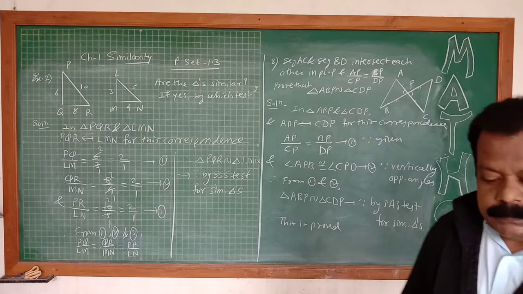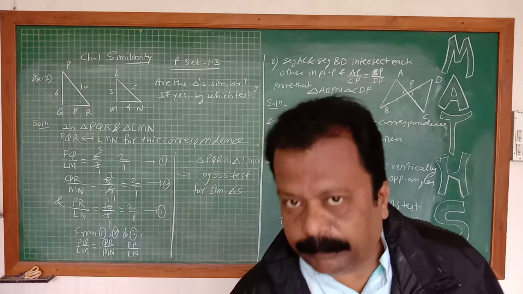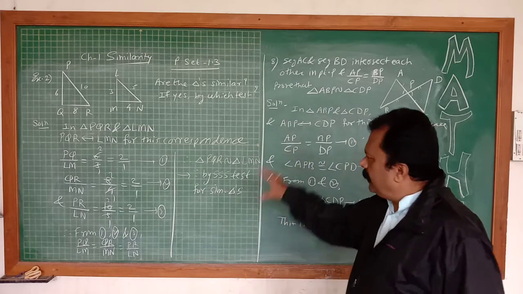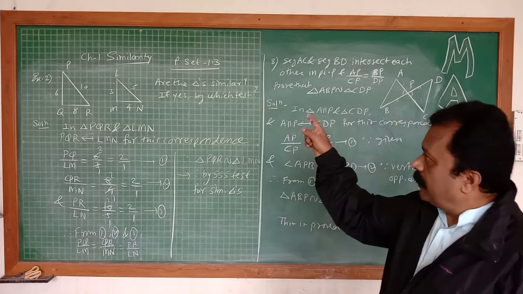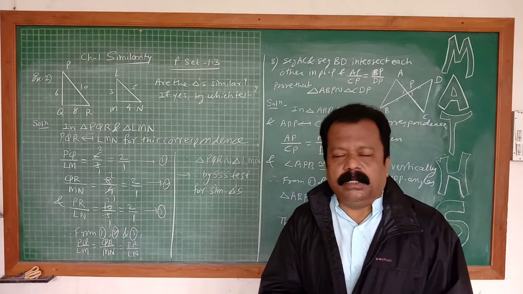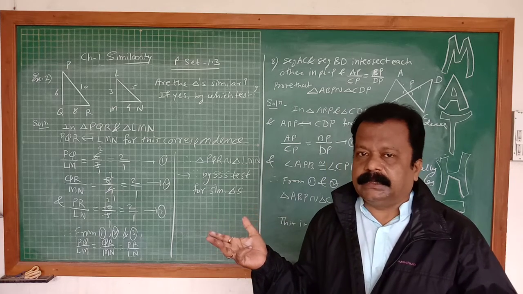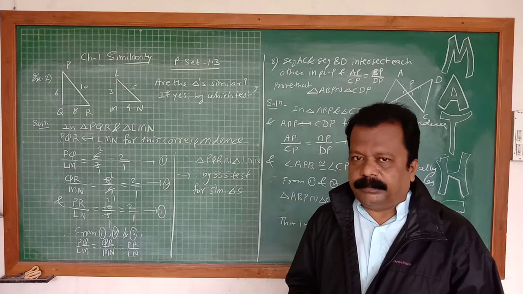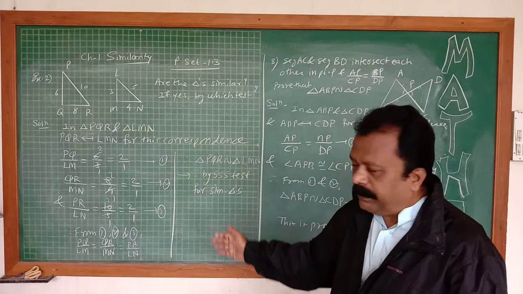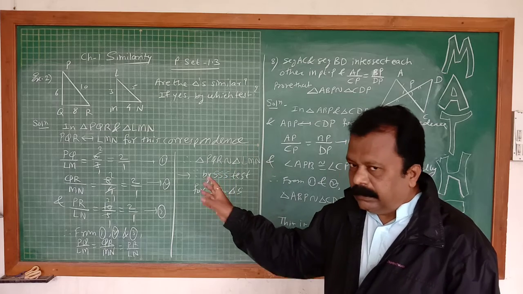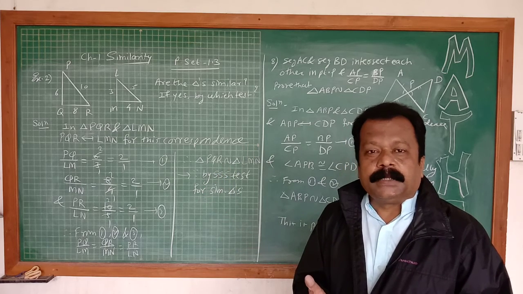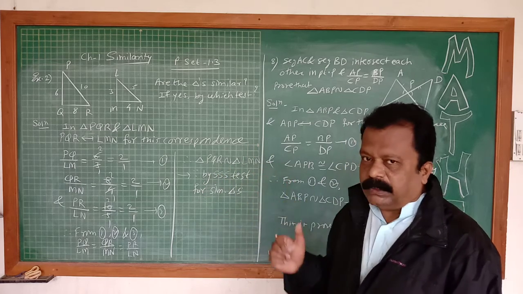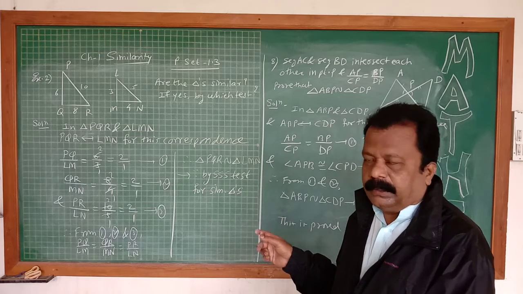One is given as proof and one is given as an example of how to solve. Use the same method in problem set 1.3 or the miscellaneous exercise. On similar triangles, any example, you have to develop like this. What is given, right? Which test you have to use? Which correspondence you have to take? Try to understand that and develop this.